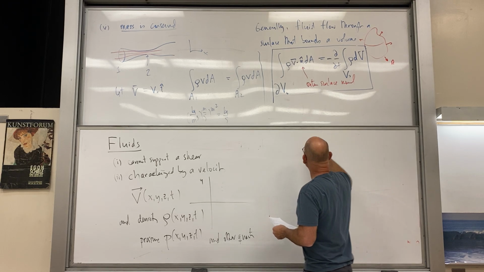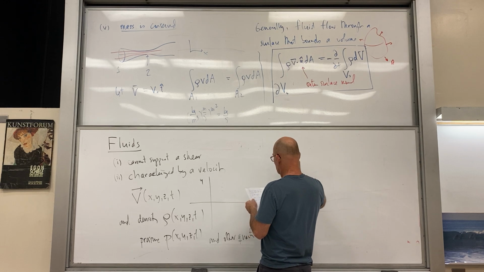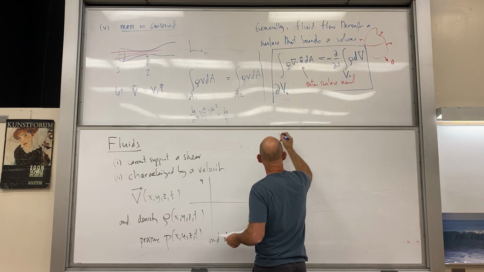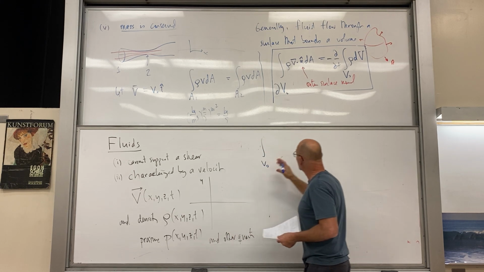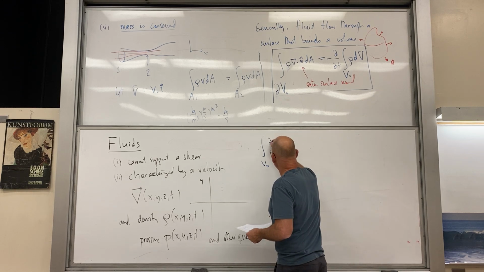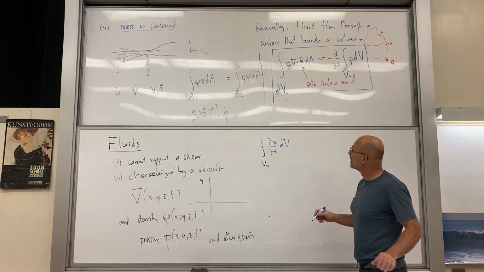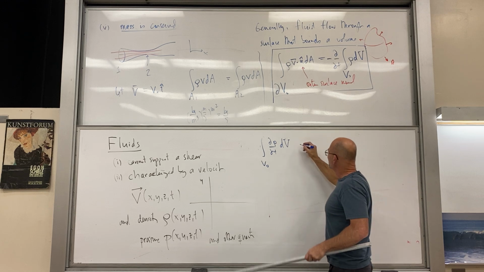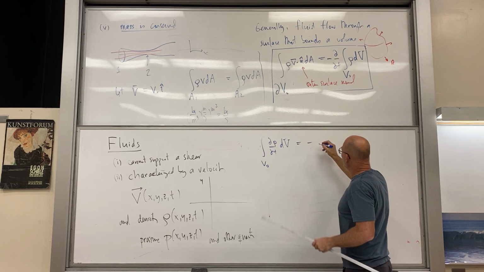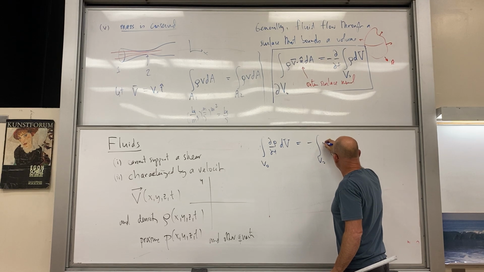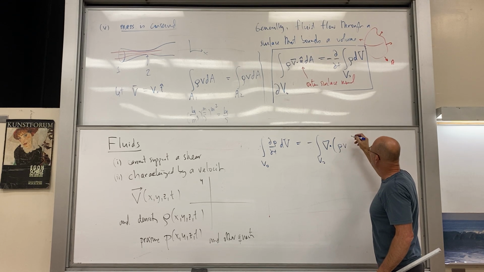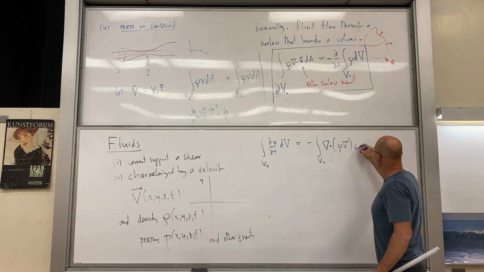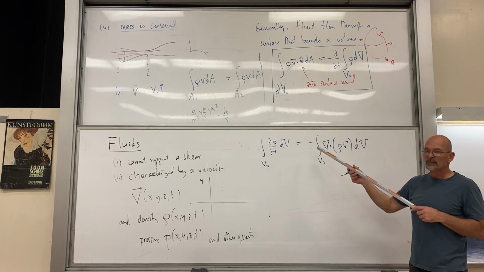So I'm going to go ahead and put the derivative inside, d rho dt dV over that volume, and then we'll apply the divergence theorem to this right side. I'll put the minus sign over there, and we will have the integral over V0 of the divergence of rho V. Okay. So here I just applied the divergence theorem,